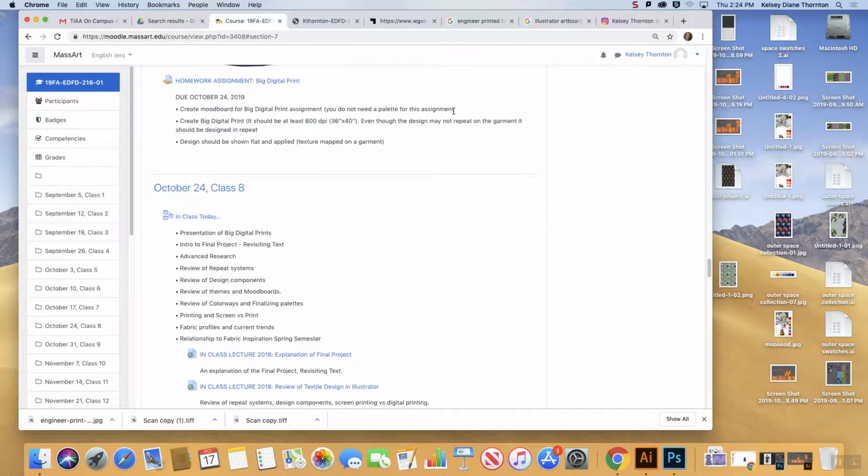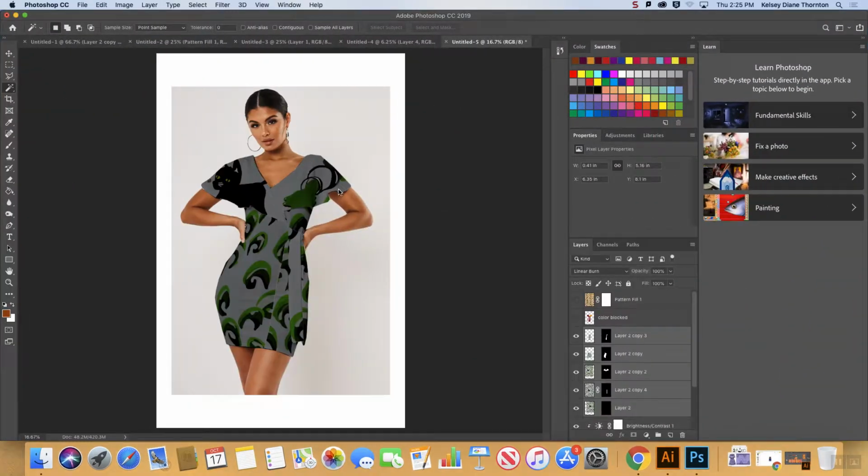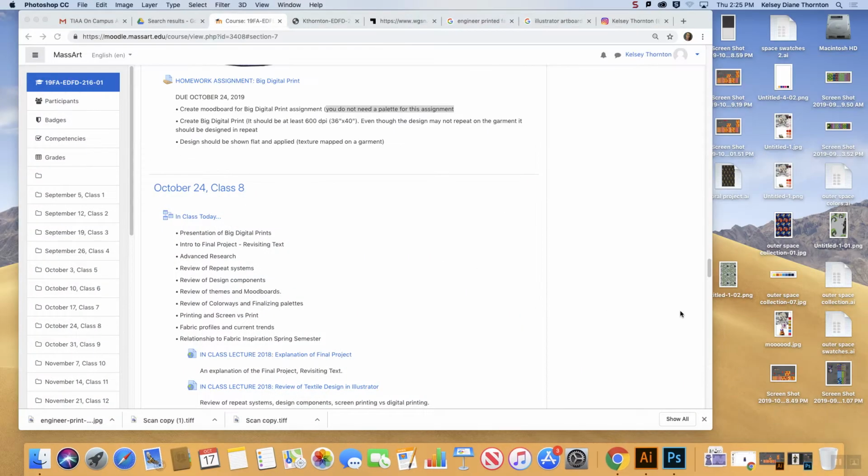And your mood board does not need a palette because this assignment doesn't have that limited palette that we've been working with from the last assignments. Like my example from last class where I made a textural pattern in Photoshop from that little texture image that I had, that had millions of colors in it, or thousands, and that is definitely an option. So you have a couple of options for making this pattern, and I want to talk about them,